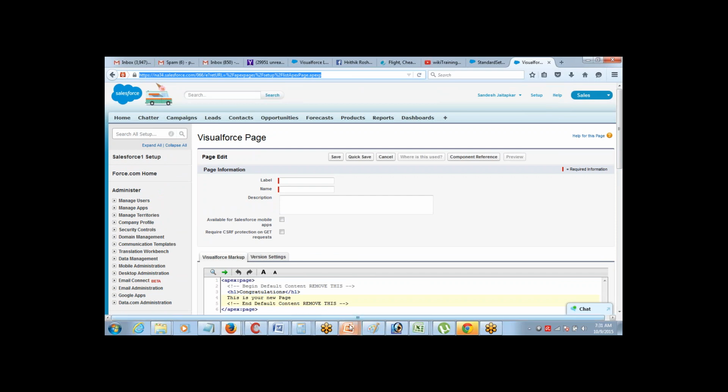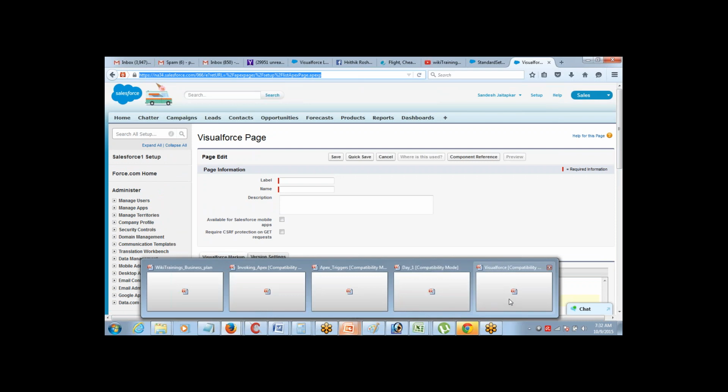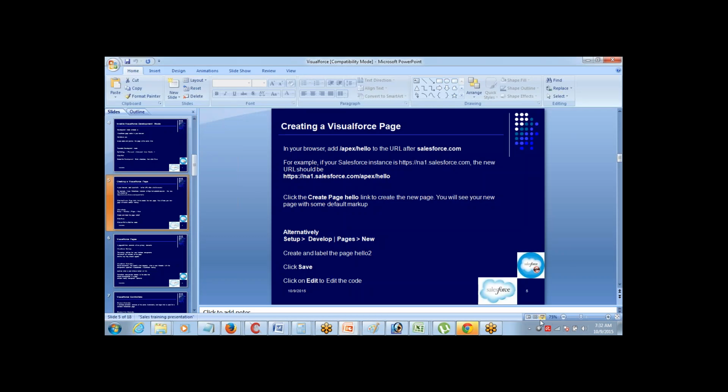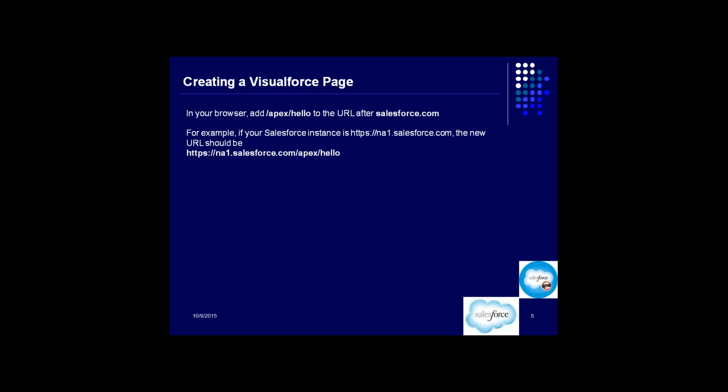Okay, so now we have learned how to create a page, how to create our own user interface. Let's talk about a few more things. A Visualforce page definition consists of two primary elements. Any Visualforce page will have two primary elements. First one is going to be the Visualforce markup. Okay, what is a markup?